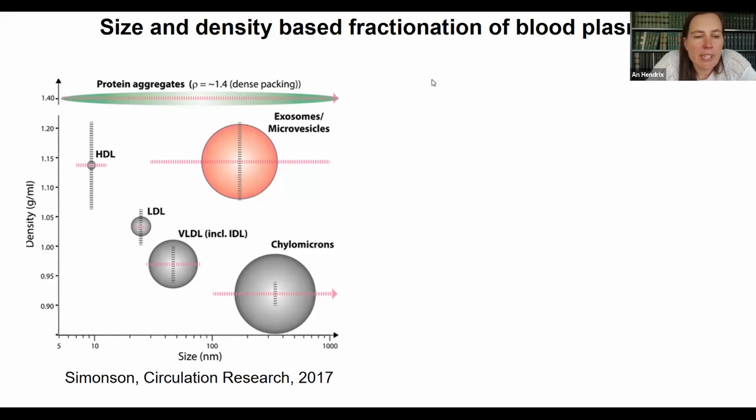For example, extracellular vesicles overlap in their density with high-density lipoproteins, and they overlap in size with protein aggregates, low-density lipoproteins, very low-density lipoproteins, and chylomicrons. So from this schedule, it is clear that if you would combine a size-based method with a density-based method, we might be able to obtain a highly efficient, specific separation